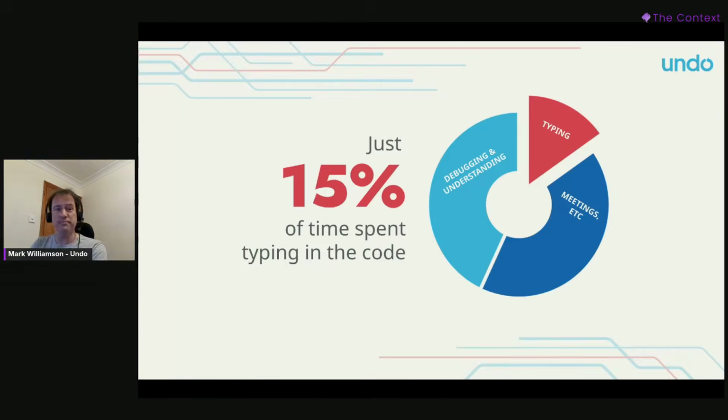Not about cows, but I think the key thing about reasoning about what programmers actually do is it's not the typing. It's not the code that software engineers spend most of their time doing. I would guess it's probably about 15% of our time we actually spend inputting the code into the computer, generating new code. Some of it, the rest of the time, is spent on meetings and stuff like that. There's no two ways about that. You have to talk to the other humans sometimes.